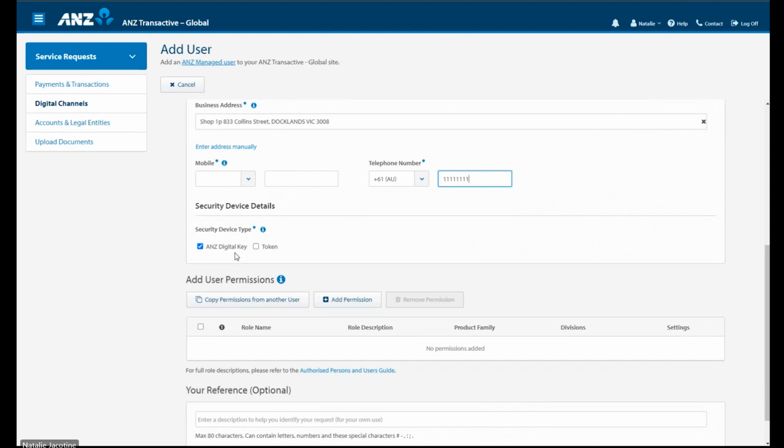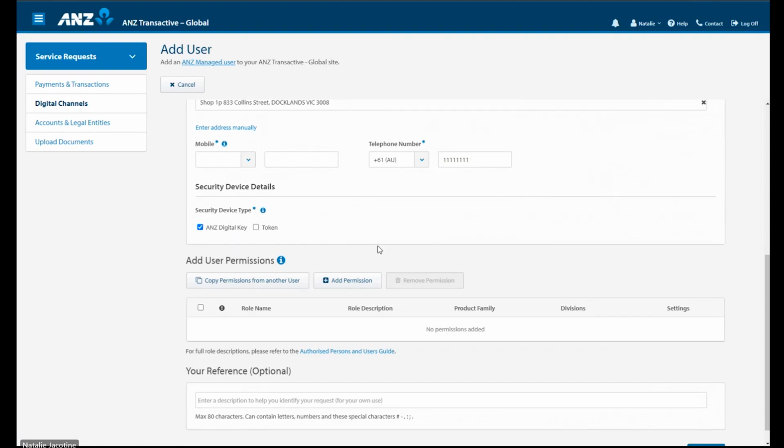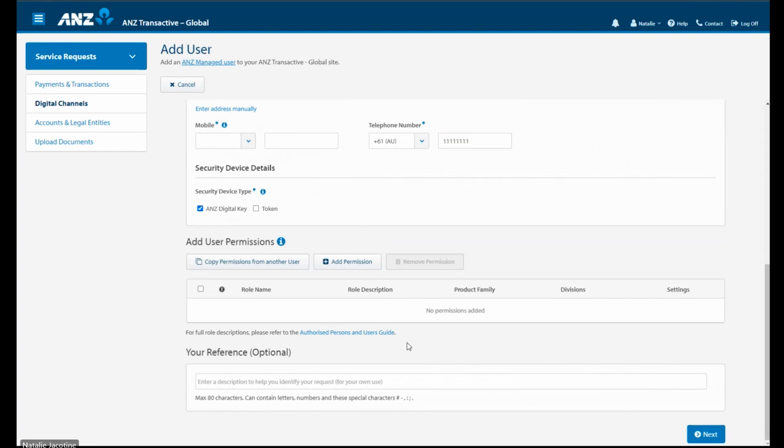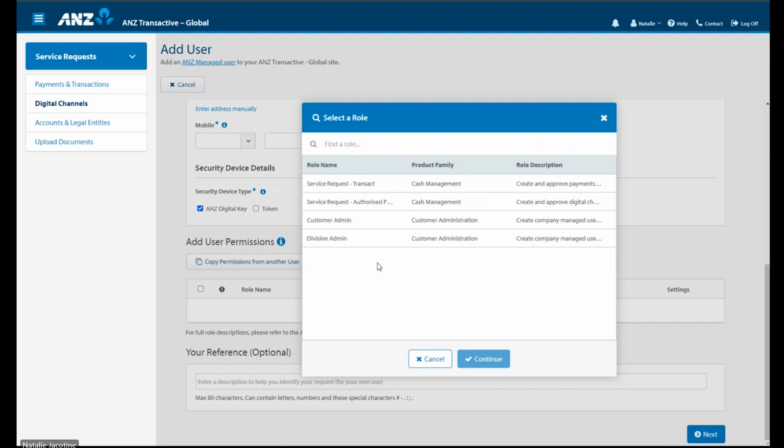You will then be adding permissions to the new user. You do have two options here. You can either copy permissions from another user or add individual permissions. You can also assign multiple roles to a user from this screen. If you select Add Permissions, you'll only be presented with all available roles that can be assigned to a user. There is also a brief role description if you're ever unsure what a particular role is or what level of